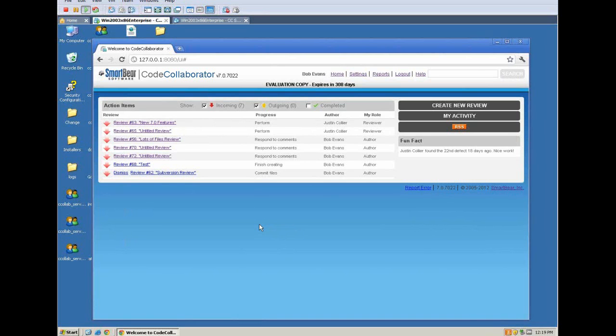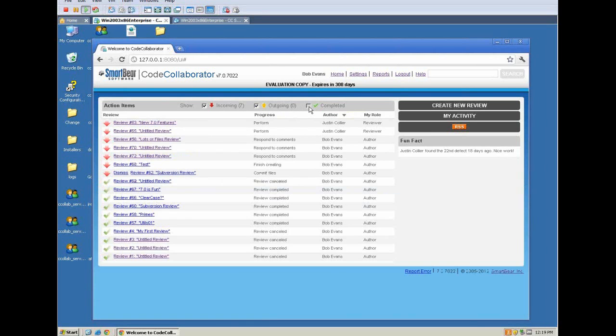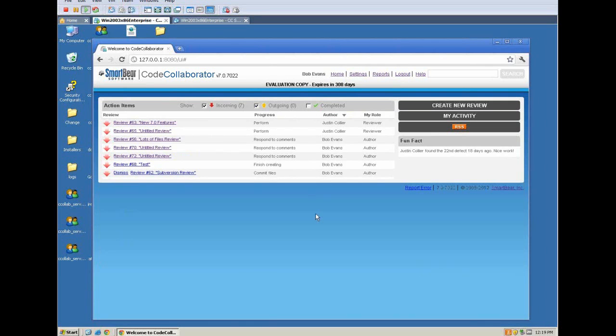One of the ways that things have become more intuitive and easier to use is the addition of sortable column headings, as an example. If I choose any one of these column headings, I can now sort these, which you couldn't do in 6.5. You'll also find that we can turn off outgoing and incoming items. We can also check the box to see all of our completed reviews, also narrowing our action items list here. So again, a lot of functionality enhancements, a lot of things that people have asked for, and we've added now for